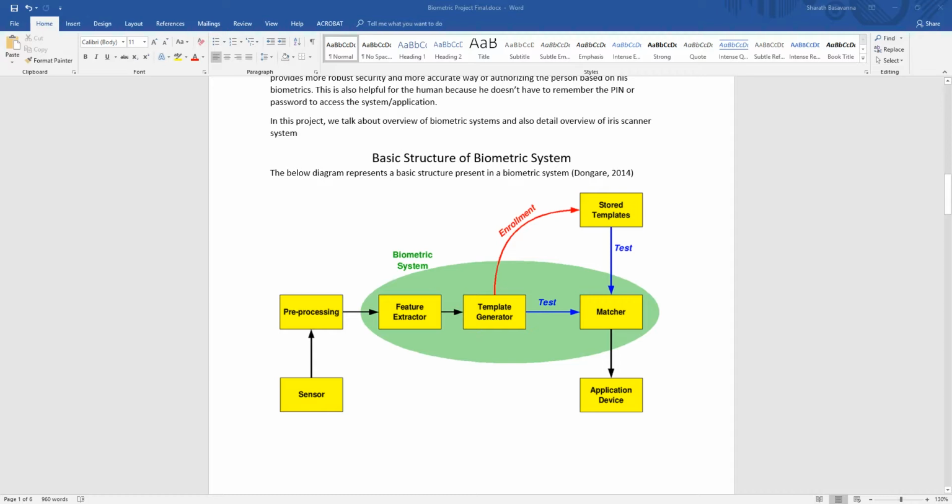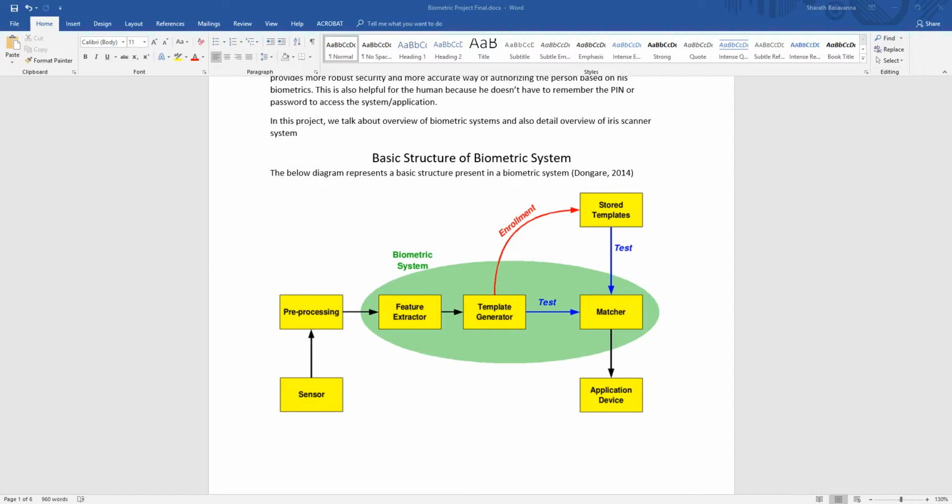The basic structure of a biometric system. As you can see, this diagram shows the basic structure of a biometric system, where the sensors collect a lot of data. It does a lot of pre-processing, and it extracts the particular features, for example, the unique line pattern in fingerprints or unique retina patterns in the iris scanner, and so forth, and it generates a template so that it gets stored in the